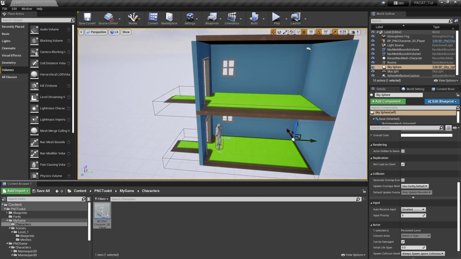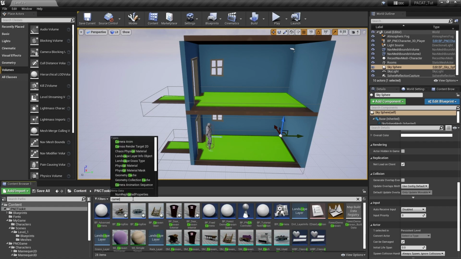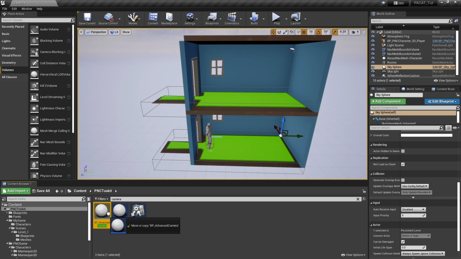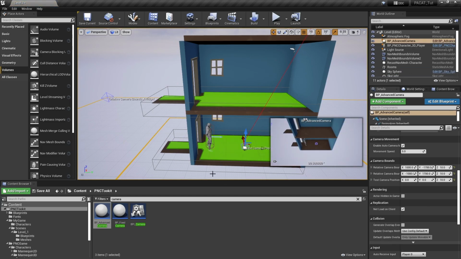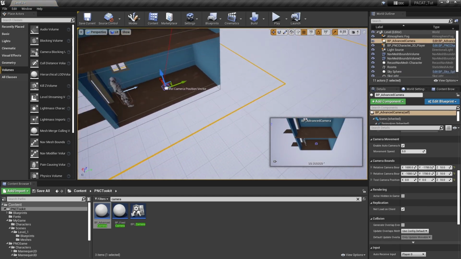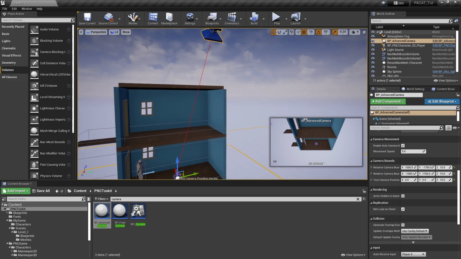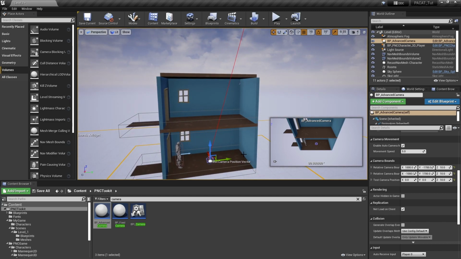The next thing we want to do is add some cameras to the scene. We click here and just type in camera. There's an advanced camera and a fixed camera. We're going to bring in the advanced camera, kind of set it like in the middle of our floor. We'll hit P to get rid of the greenness there. All right, cameras are, I'm still getting used to them, but the way that I understand it,